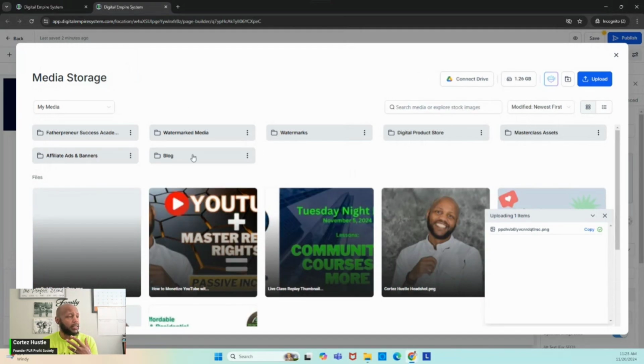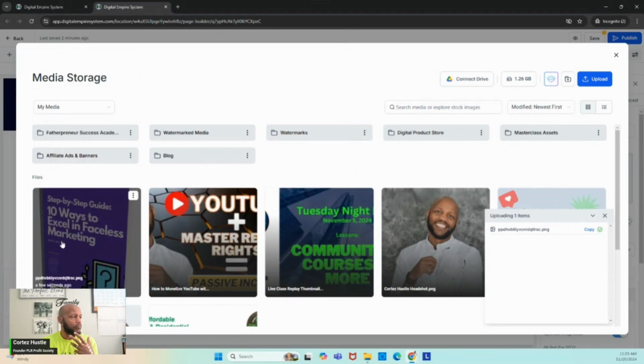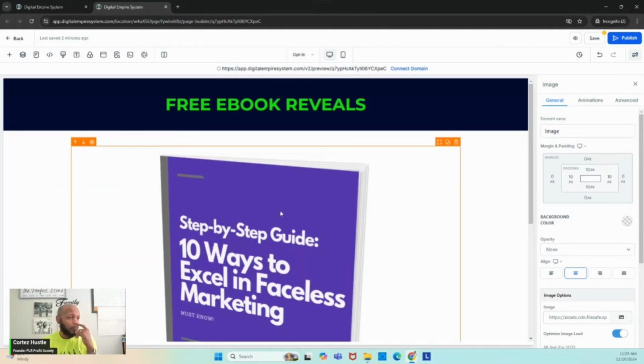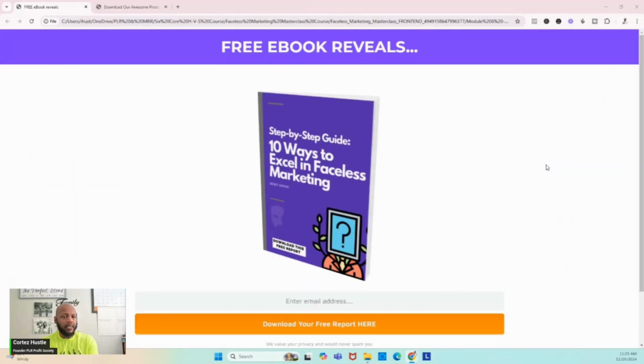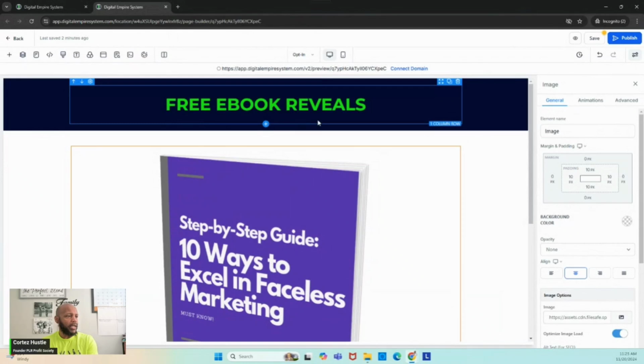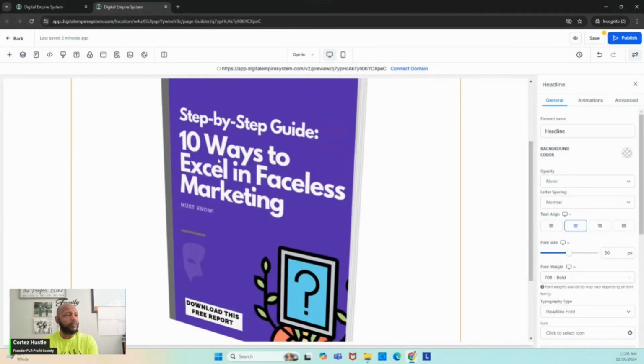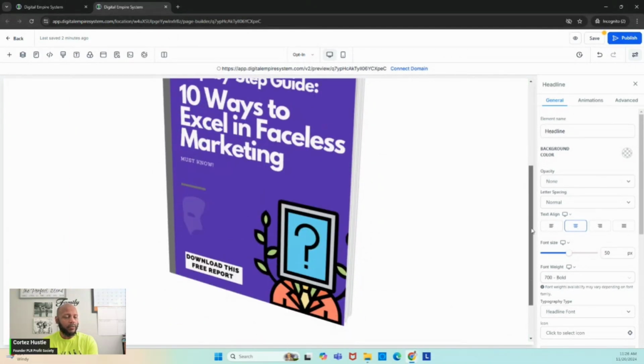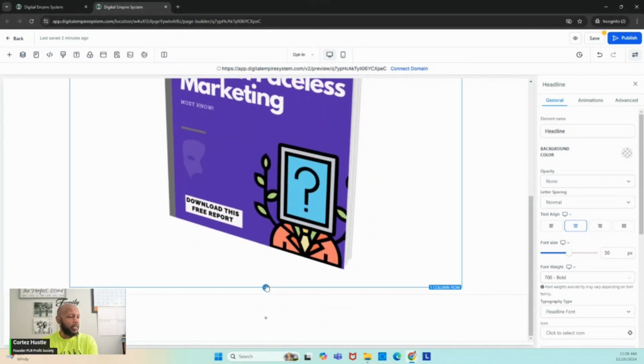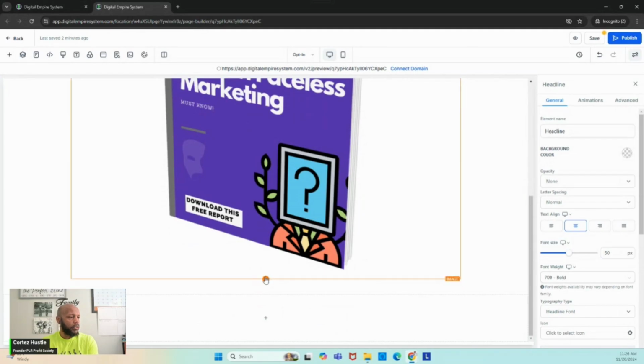And then once it's in, we bring that to the page and then boom. So just like that, y'all, let's look at, again, the sample site, free ebook reveals. Then there's a picture there. I got my brand colors, free ebook reveals, and the actual, what the book reveals is on the title. So now I'm going to come down here and under this book,